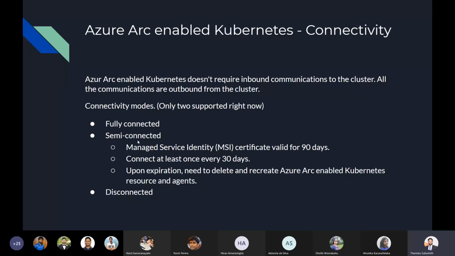In the semi-connected mode, you don't have consistent connectivity between Azure Arc and your actual Kubernetes cluster. But these things are managed using an MSI certificate, which is valid for 90 days. According to their documentation, they require connectivity at least once every 30 days. The other drawback is that once the certificate expires, you need to delete the entire Azure Arc agents and the resources in the Kubernetes cluster and re-onboard it. So basically, the fully connected method works perfectly, but there are some issues with the semi-connected mode, and even